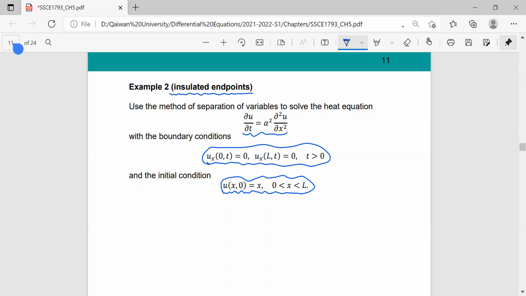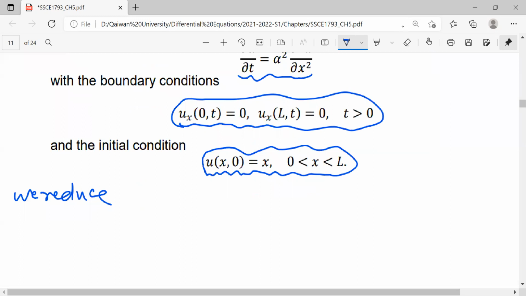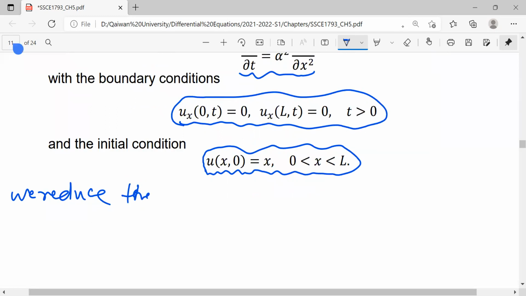Okay, we let u to be X of x, T of t, then we find the partial derivatives, then we replace into the partial differential equation, then we equal it to lambda, and then we get the solutions. We get the differential equations. We say we reduce the partial differential equation to the differential equations